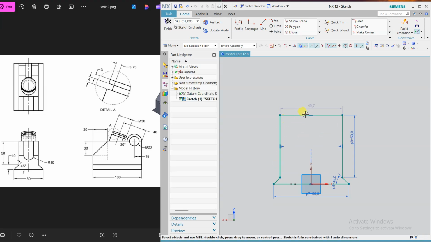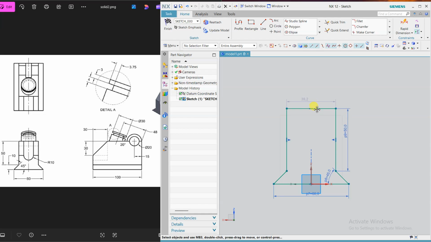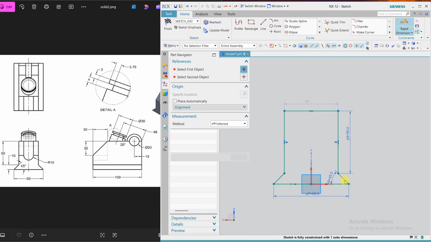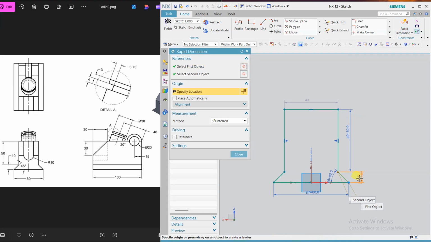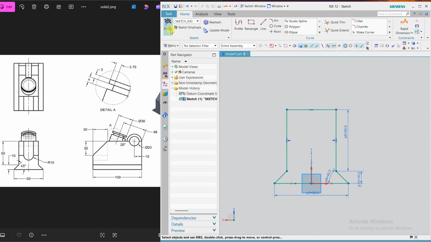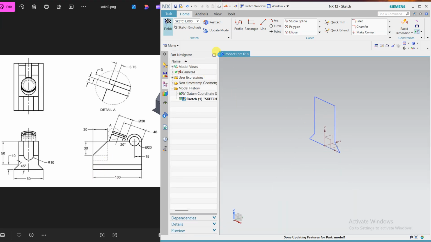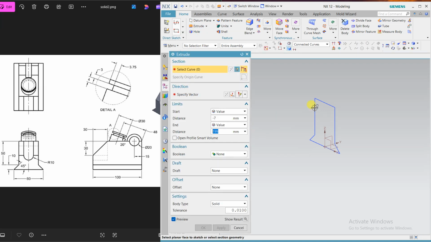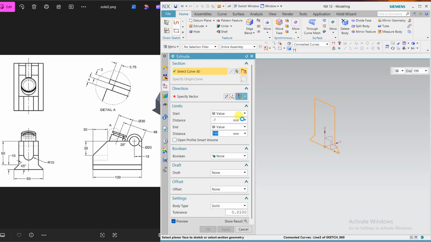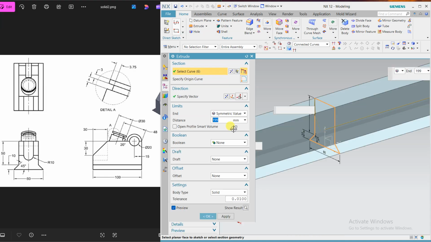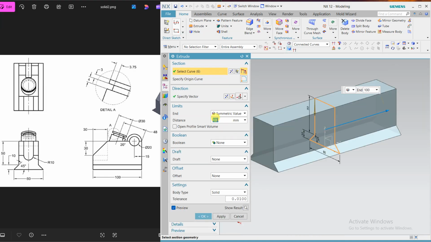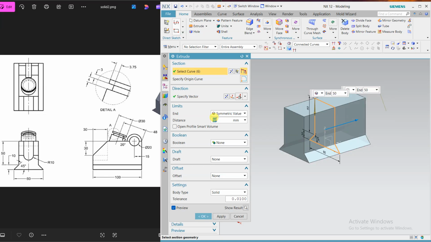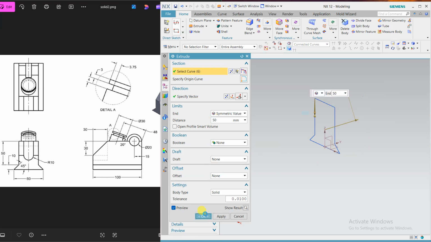Okay, and this height is 10, so select this line and dimension it with 10 mm. Okay, now finish it and the height is 100, so I'm going to use the extrude command and use mid plane or symmetric option. Use this symmetric value and the value is 100, so half of 100 is 50, so 50 on both sides.